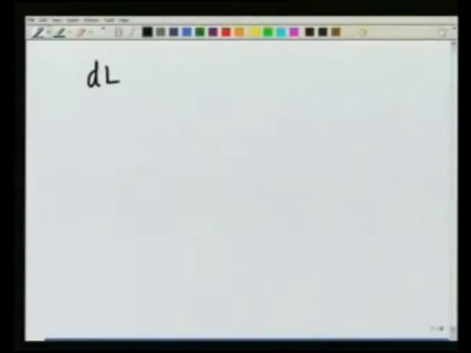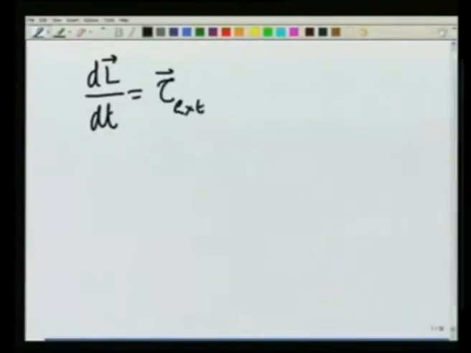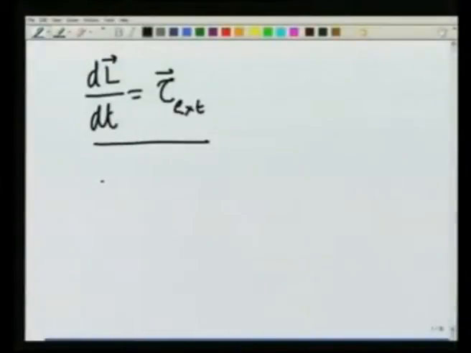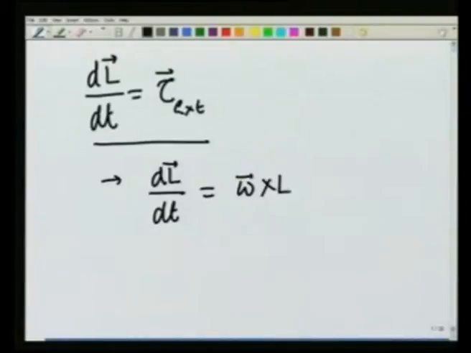In the previous lecture, I have shown you that rigid body dynamics is described by this equation, and we applied it to certain situations in which omega was a constant. Not only was it a constant, its components along the principal axis were also constant. In that case, we saw that dL/dt was really nothing but omega cross L only, and this we wrote as